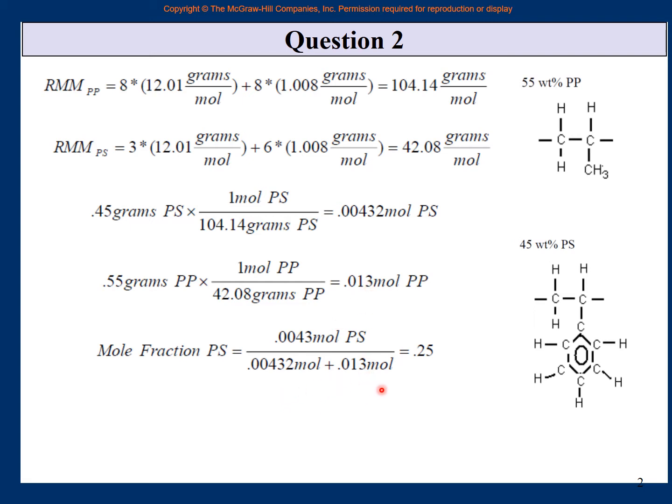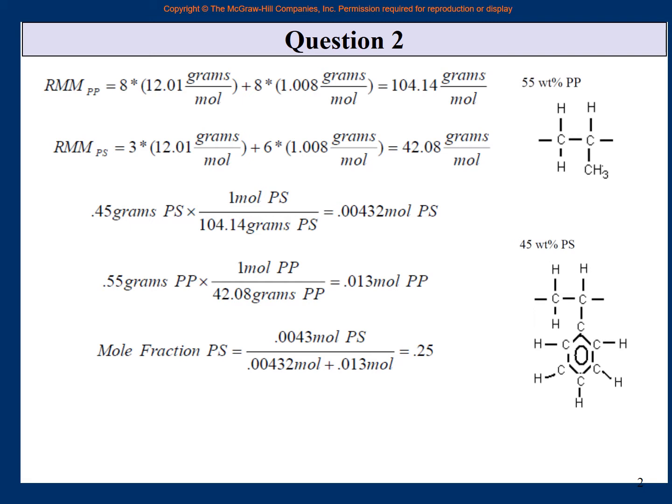So please, as I have just said, there is a confusion about polystyrene and polypropylene because somewhere instead of PS I have typed PP. So please don't worry about that. But you know the values and you know the process. You find the molecular weight of 1 unit. The percentage is given here. So if there was a total of 1 gram, then there is 0.55 gram of one thing and 0.45 gram of the other thing, right?